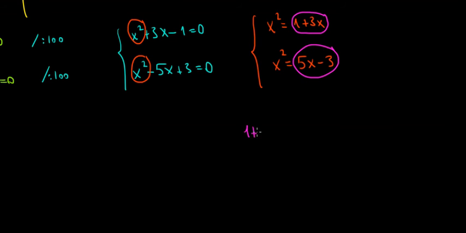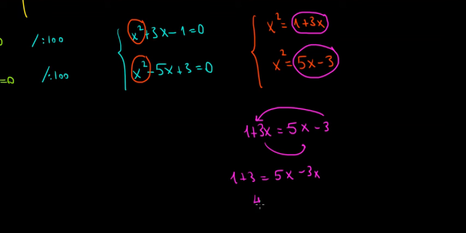So if we solve it, let's take this one on the other side, and the number there is going to be 1 + 3 equals 5x - 3x. So we have 4 equals 2x, which means that x would be equal to